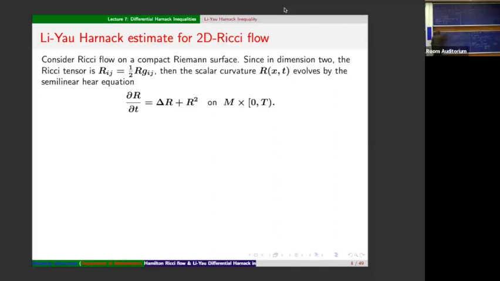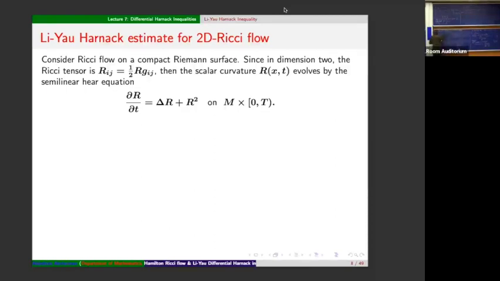It's an example now because we're going to discuss this Harnack inequality. Maybe let me say for two-dimensional, 2D Ricci flow. Okay, so in a two-dimensional